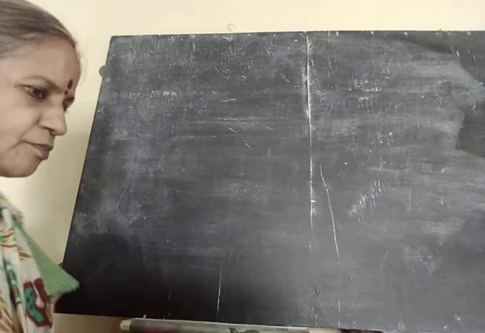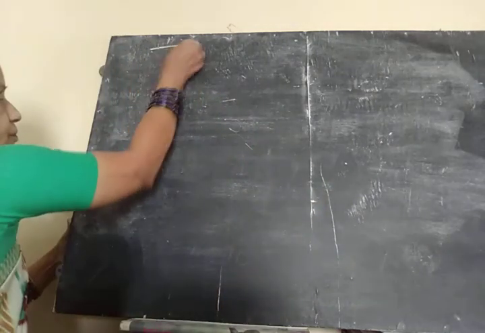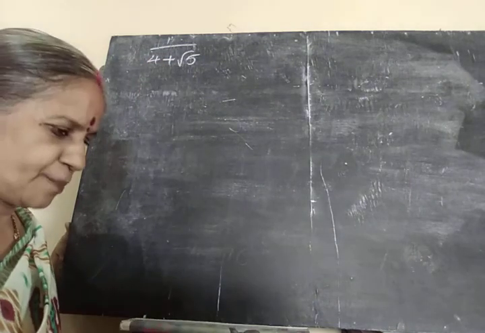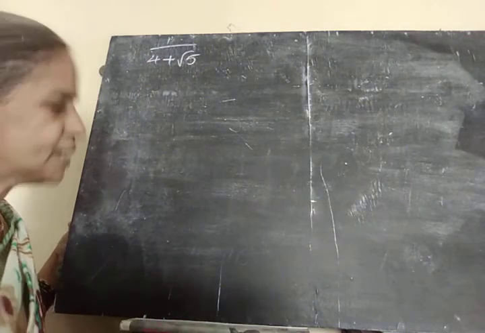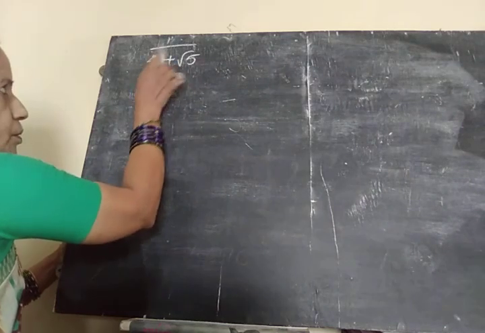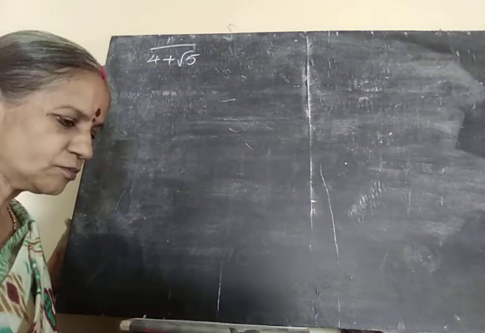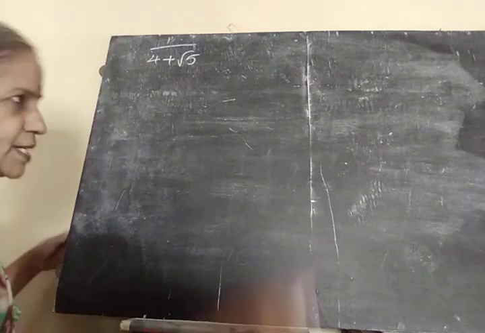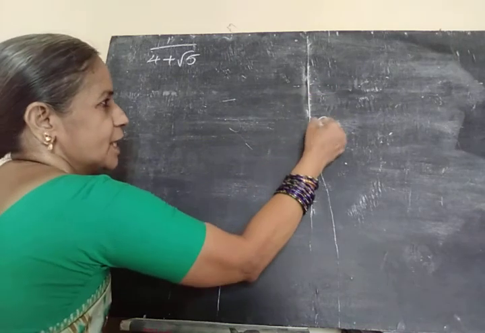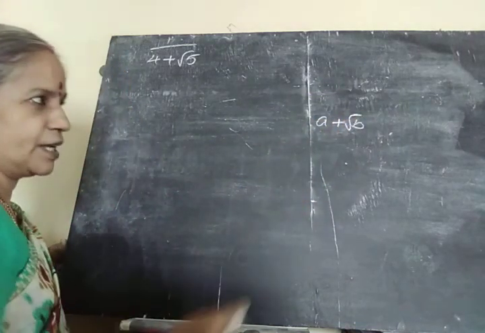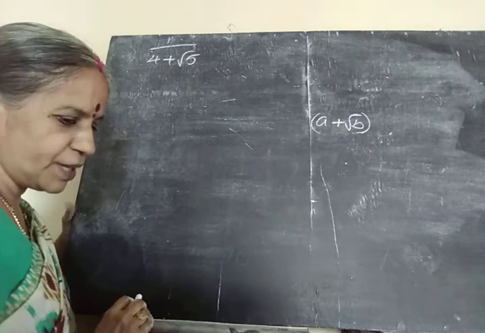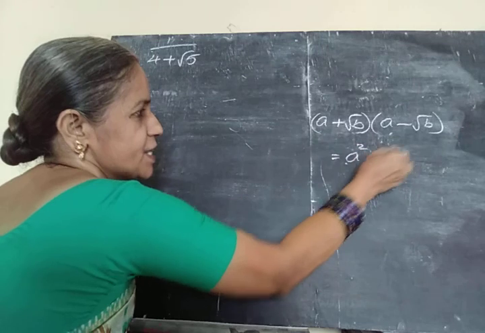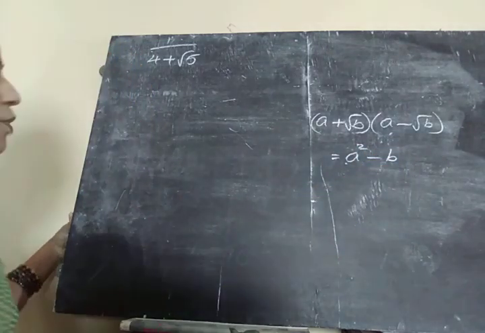Now, 1 by 4 plus root 5. Example 16. See here, to rationalize the denominator, we have to take the RF of the denominator. Here, what is the denominator? It is of the form a plus root b. Like this it will be there. So a plus root b into a minus root b, we know that, how much? a square minus b. Rationalized only. So we have to take